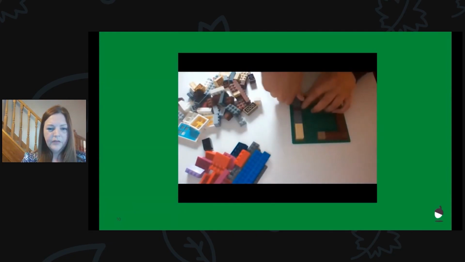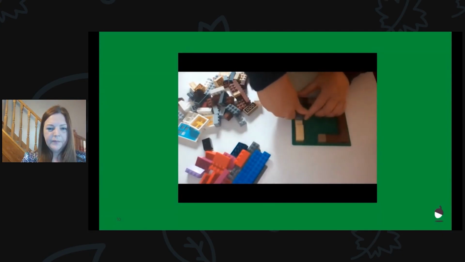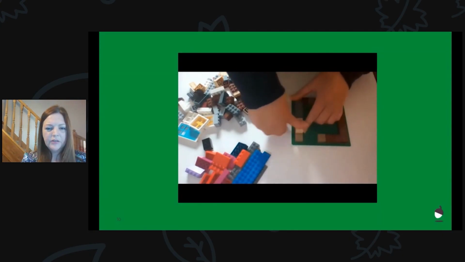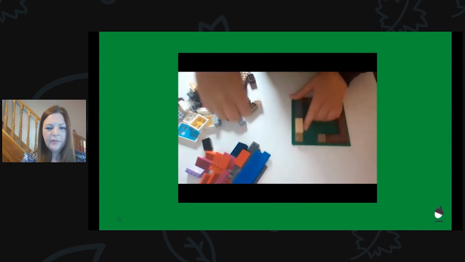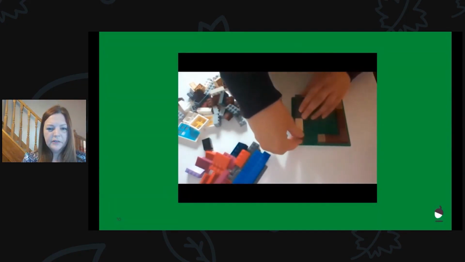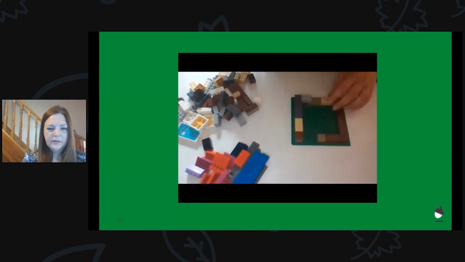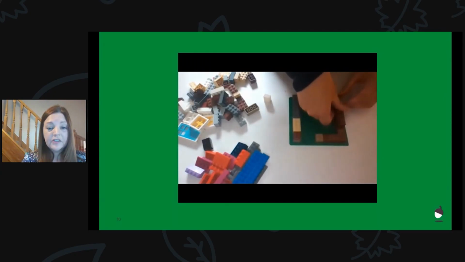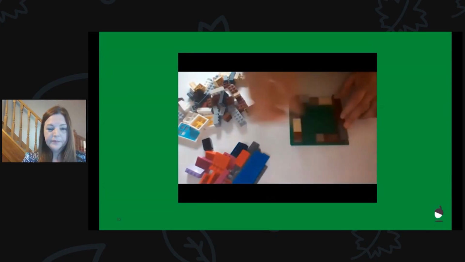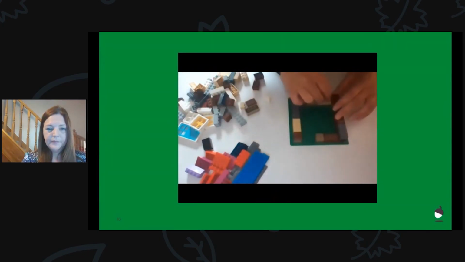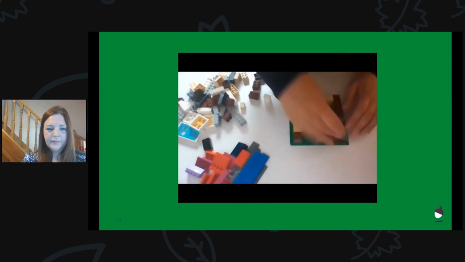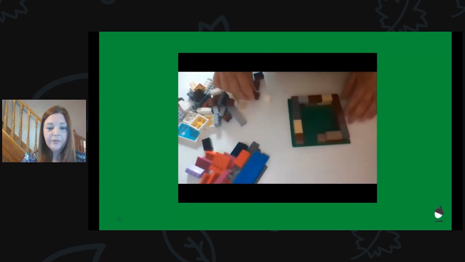Oh, move that one along. I'm thinking all the time about how to make my house and how I can make it the best that I possibly can. Now, once I finish this layer, I'm going to add in some windows and the door. The last two blocks in this layer,